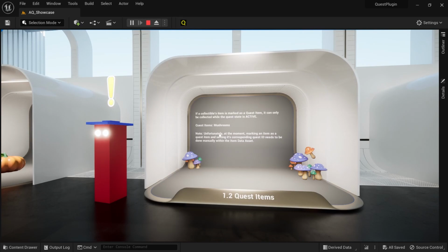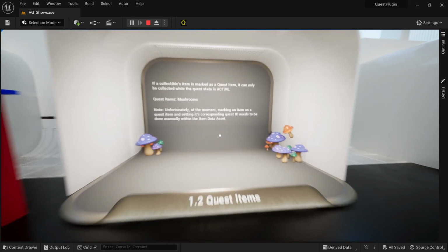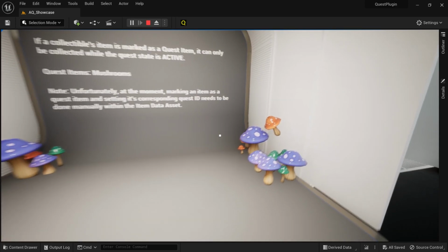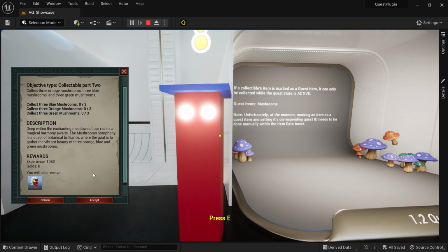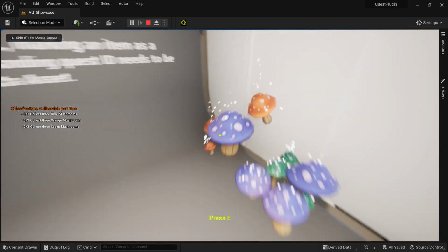Now that we have covered the basics of the quest creation process in the last video, we will dive into some more advanced features. So first I want to walk you through the few steps to set up those inactive collectibles that only become accessible for the player when the quest starts. So if I start this quest, I will be able to collect